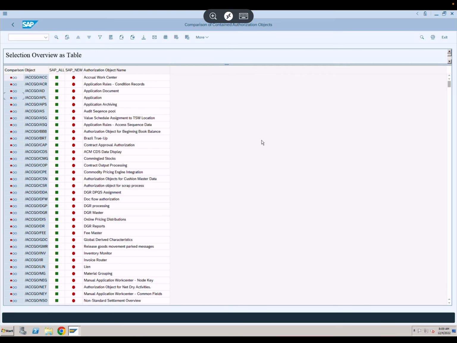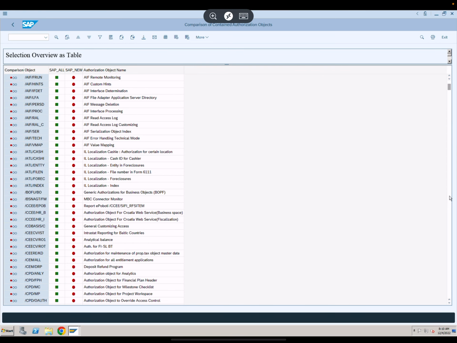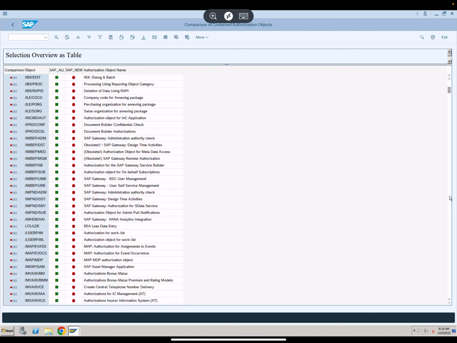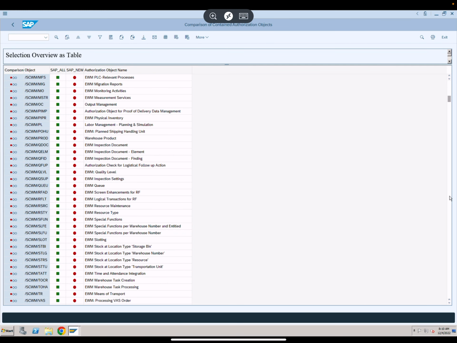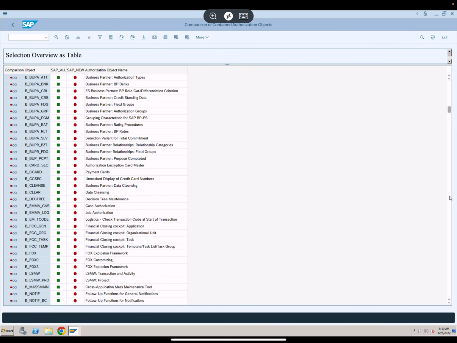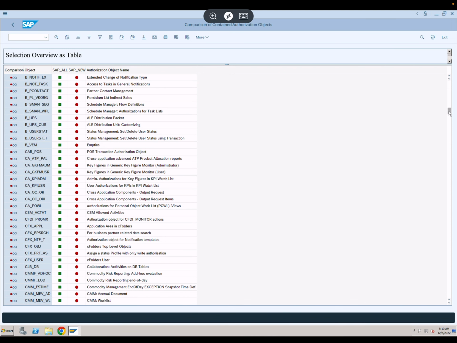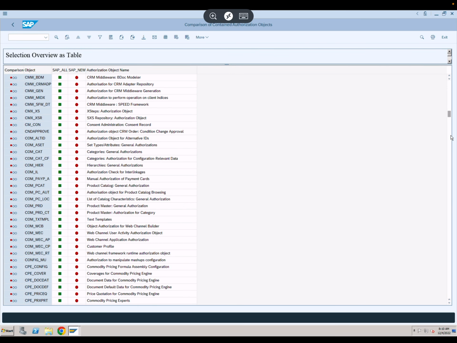okay, so I think you are seeing most of everything is in SAP All, right? Nothing is in SAP New. So we'll try to see if we can find something which is in SAP New but not in SAP All. So all authorization objects, green, SAP All. So SAP All is like a super daddy. You have to have that, and then SAP New is more like a delta, right? But let's hope we will see something here.